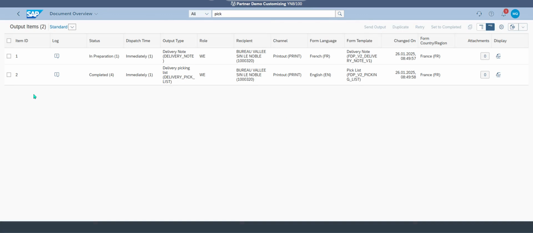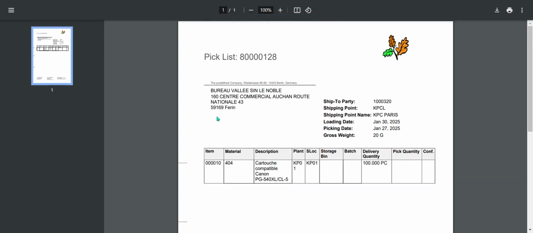I'm able to display two things. The first one is my delivery picking list. If I want to display this, I see that the first step was to display this information. I see my instruction was, for this material 404 in the plant KP01, storage location KP01, to pick 100 pieces of this material. So if I go back,